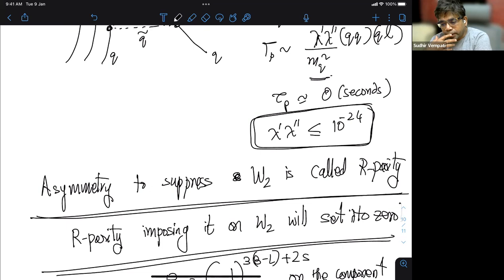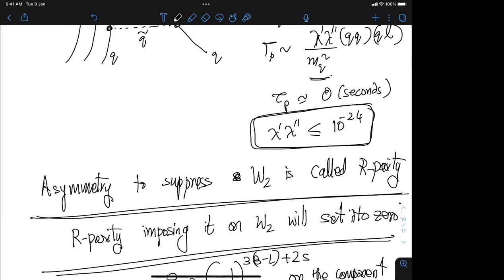R parity conserves the proton. There's no problem actually, the proton will be conserved. But you can also violate R parity and still conserve the proton. What scenario is there? What do you need? For example,